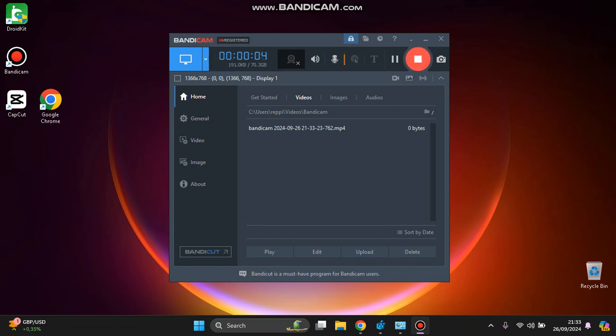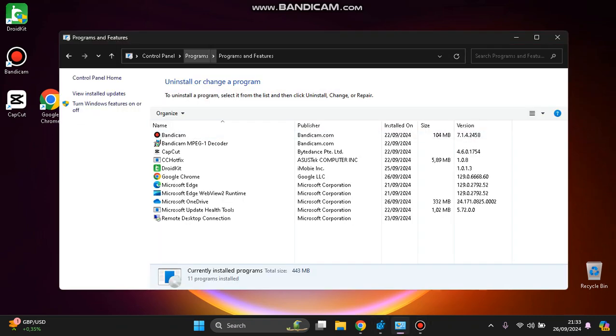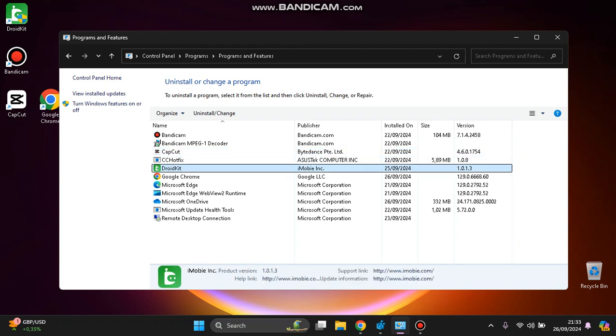Today I'm going to show you how you can completely remove or uninstall a program from your PC based on Windows 11. So if you just uninstall a program through Control Panel, Programs and Features, here for example, you uninstall one of your software, one of your apps on your PC. In this case, you are not completely removing the software or the program from your